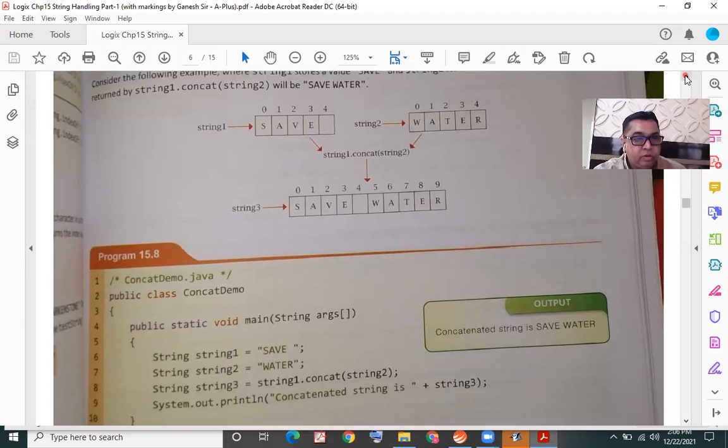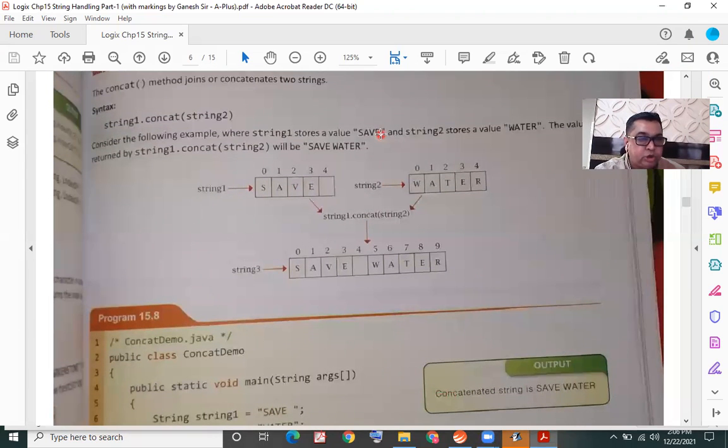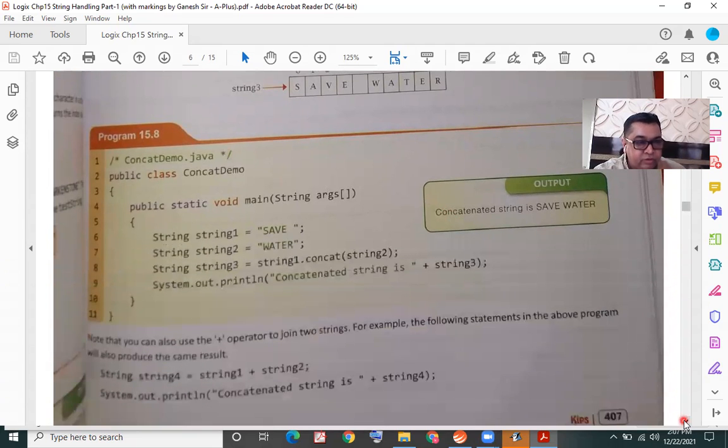But if we see the two-line explanation, in this two-line explanation, the string save has no space at the end. So when it is concatenated, there is no space in between. So don't get mixed up. Understand that in these two lines, the example is a bit different from the program, there is a minor difference.